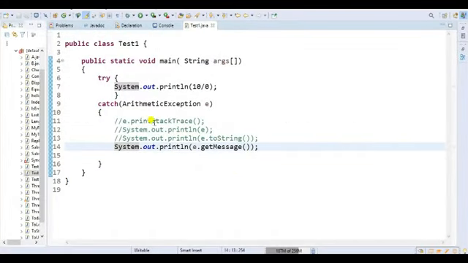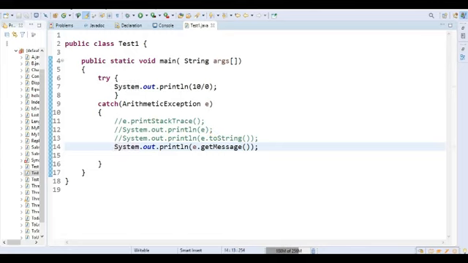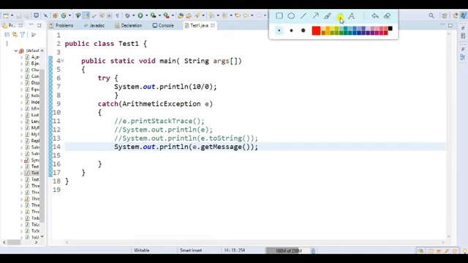This one and this one are both the same, but only this one is different, right?